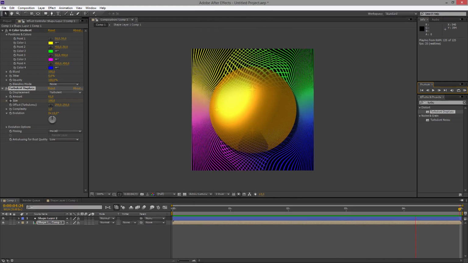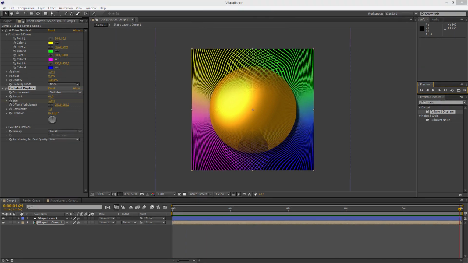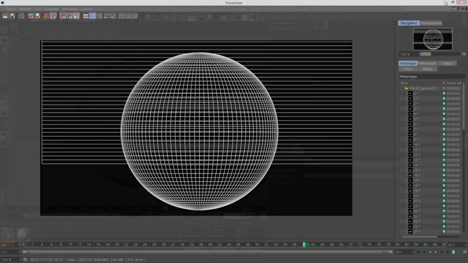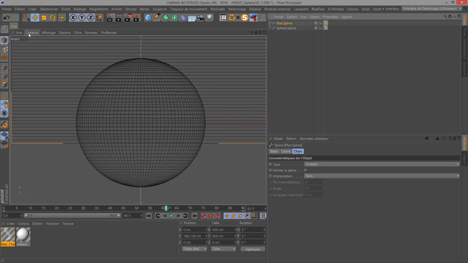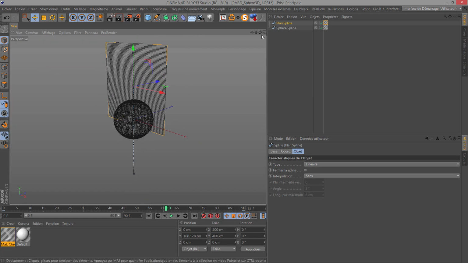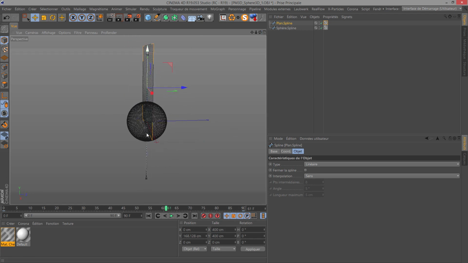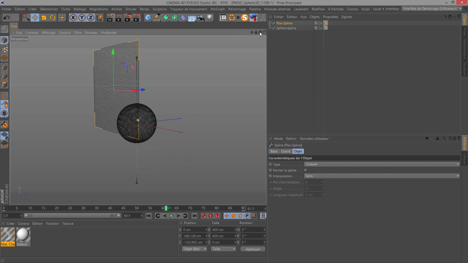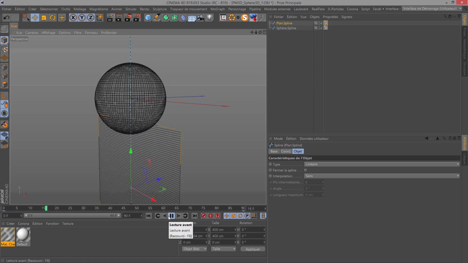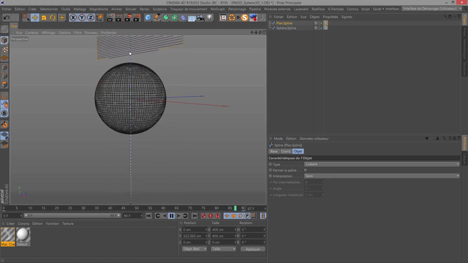I would just show you in a 3D application. I did that, just a simple sphere. I will show you. It's just a sphere with a plane. You see, a sphere with a plane in the middle. I can put it in front of the sphere. And when I render it, I will press play here so you can see what we have. Here we already can see more effect, you can see deformation, etc.